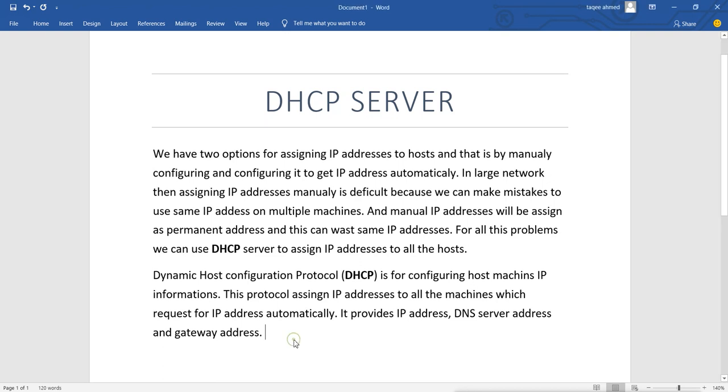And also DHCP assigns IP addresses on lease basis.